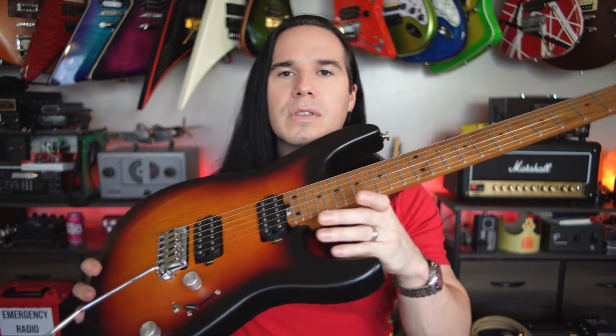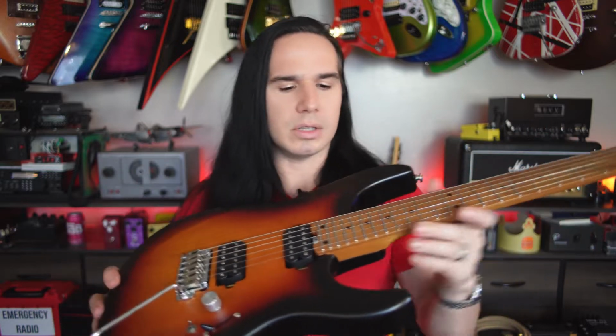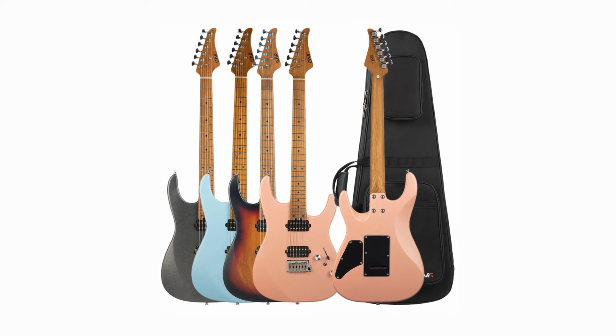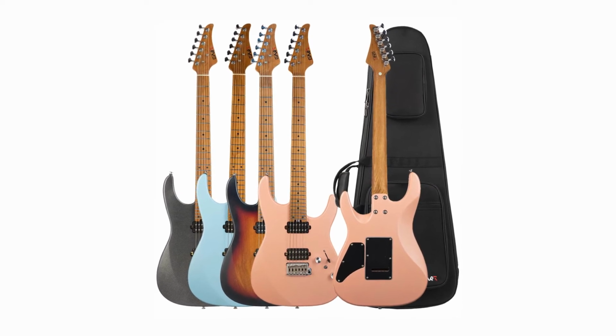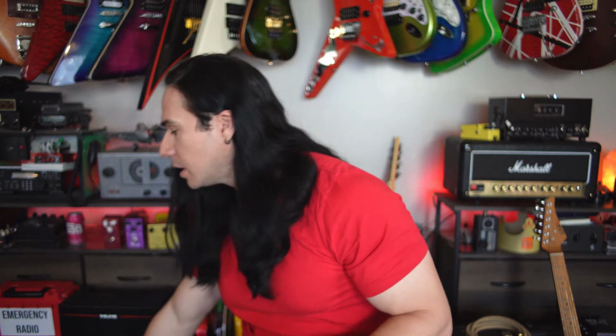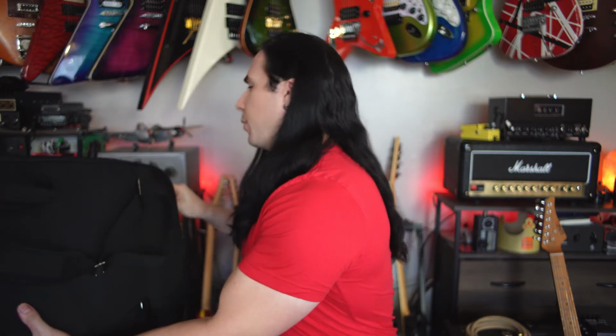This is, of course, the Sunburst finish model. It's a satin finish over the whole guitar. They've got 4 different colors. And the case. Let's now talk about the case, because this case alone is worth, I think,